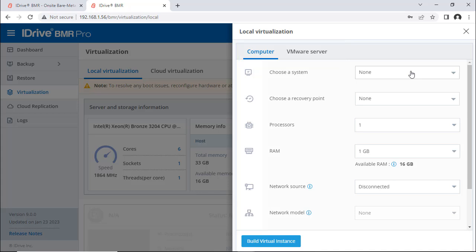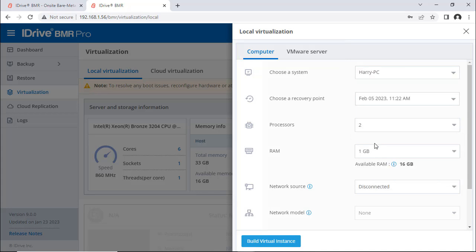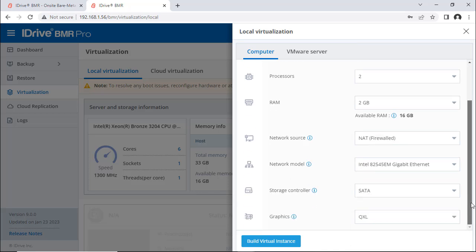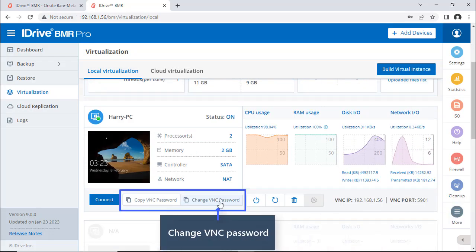virtualize. Choose a system, recovery point, and the number of processors. Enter the RAM value. Select the network source, network model, storage controller, and graphics. Click Build Virtual Instance. On the screen that appears, you can change the password or copy the password by clicking